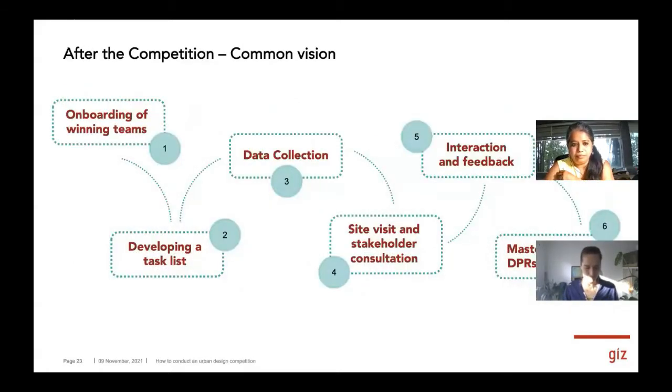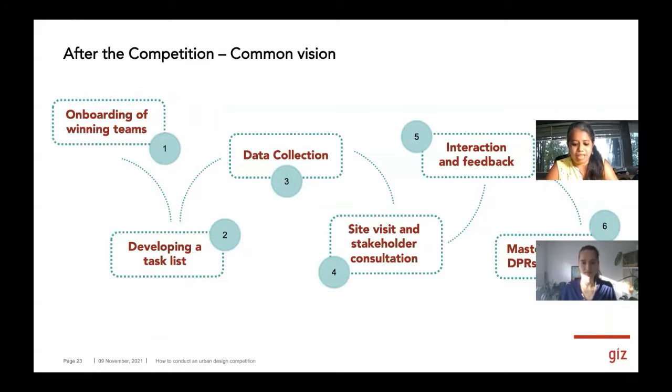Yeah, so after the competition, our task was to actually get these 3 entries coming together as one consolidated solution for the entire precinct. And for that, we had on-site workshops as well as online workshops. Much of it was online to begin with, and then we had a very intensive on-site workshop where the winning teams had a